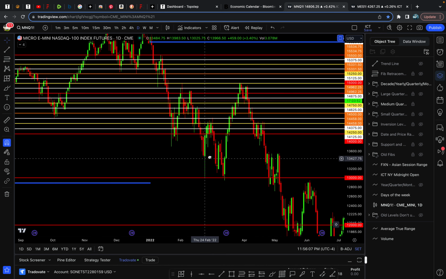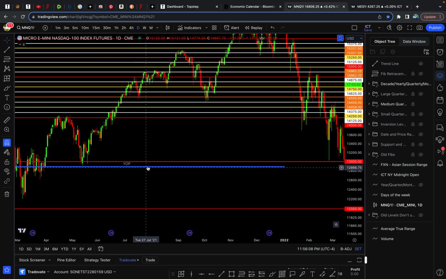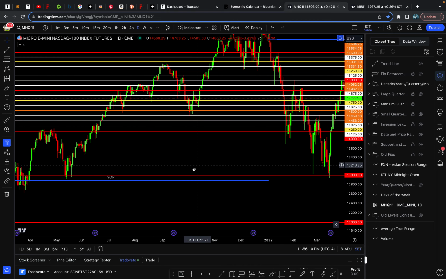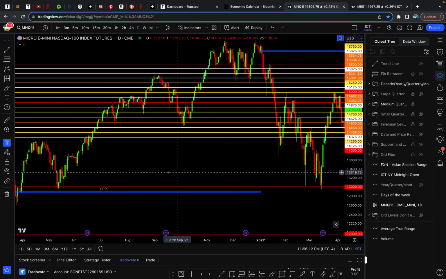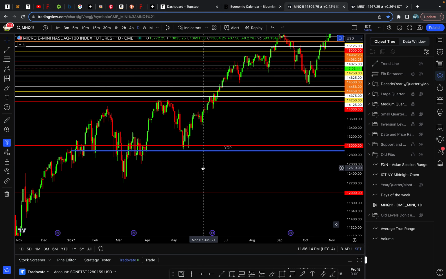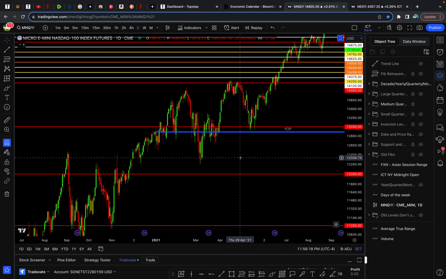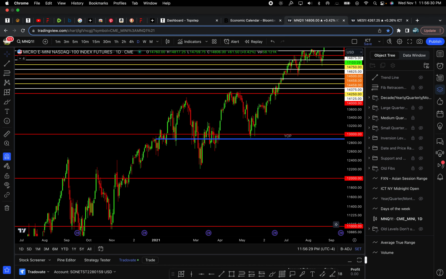But you can't be having confirmation bias. You can't say, well, I want to believe in retail, so I'm going to look for every time retail worked, and I'm not going to look at the times when it did not work. You have to look at all of it, the times it worked and the times it did not work, if you can find them, which I know you can.